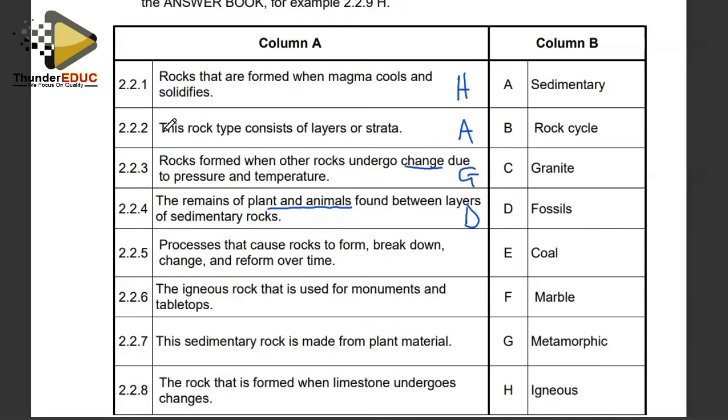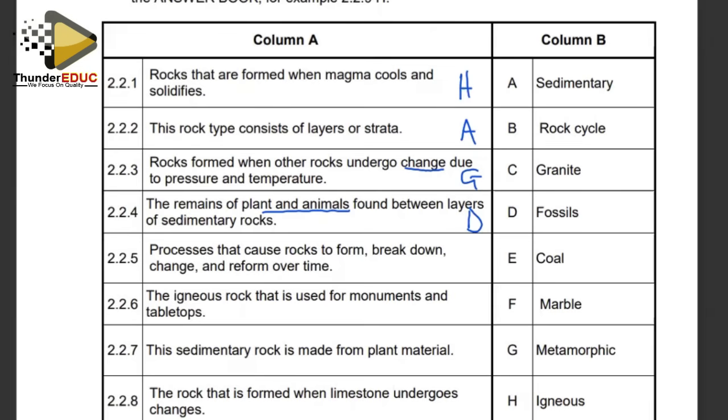Maybe that rock is buried underground. There are higher temperatures there. The rock changes again. It becomes a metamorphic rock. The metamorphic rock again changes. So that was number 2.2.4. The response is the rock cycle. And we move on to the next question, number